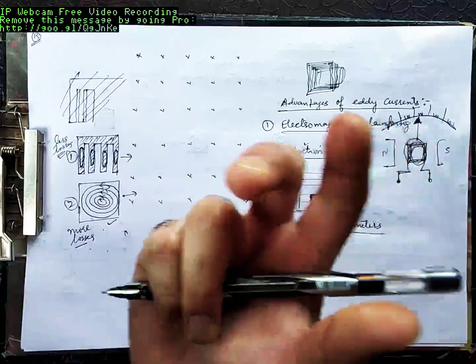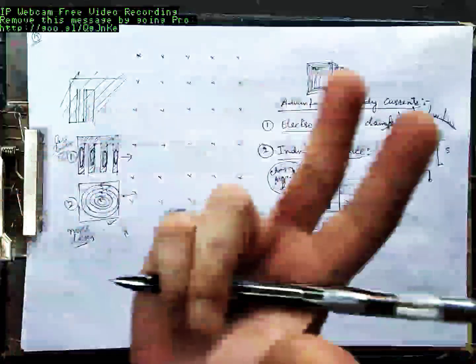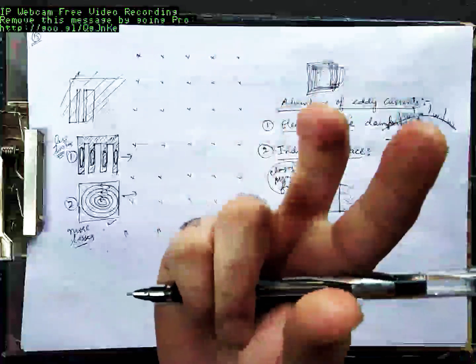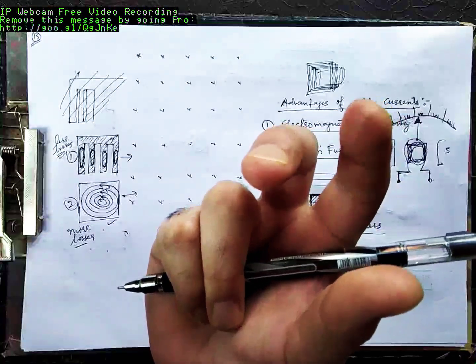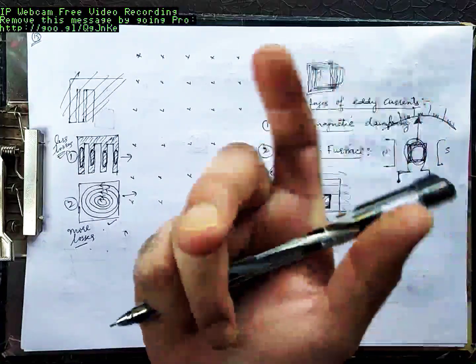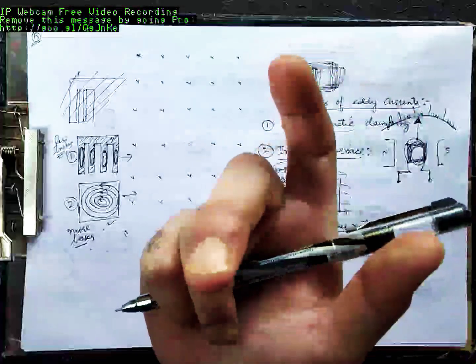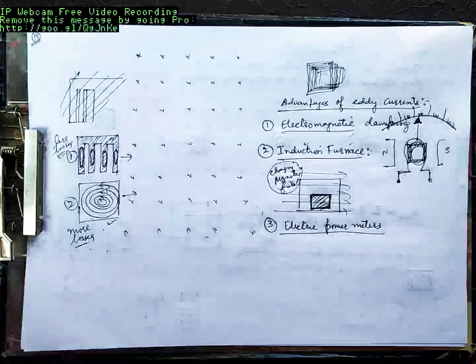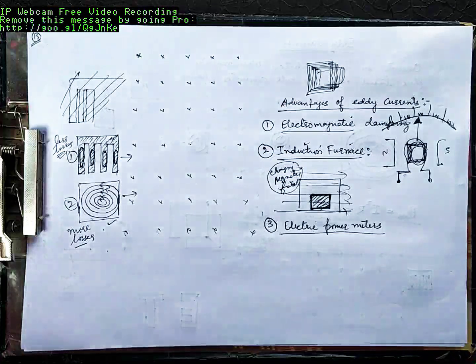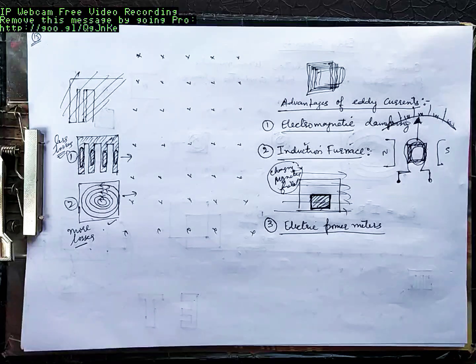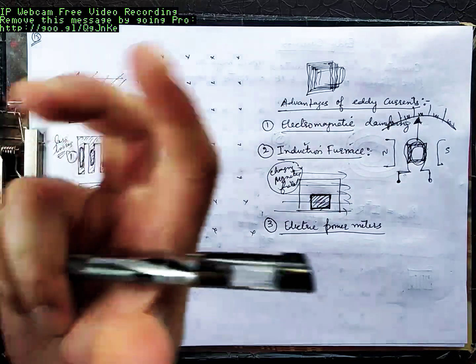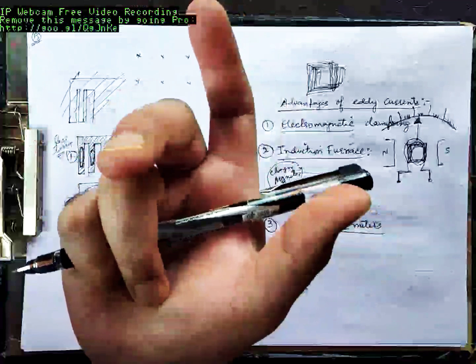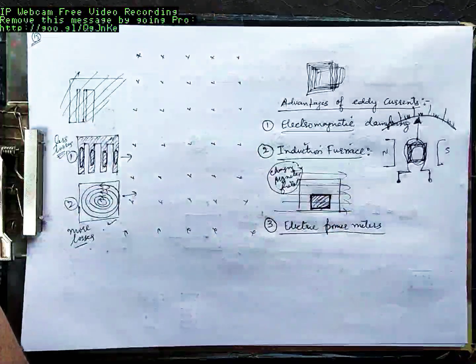Depending upon the amount of energy that you consume, that disk used to rotate, and on that disk was connected a pointer. When that disk rotated, that pointer rotated, so reading kept on updating. That's how electrical energy consumed was measured. That disk that was in the meters used to rotate because of eddy currents.